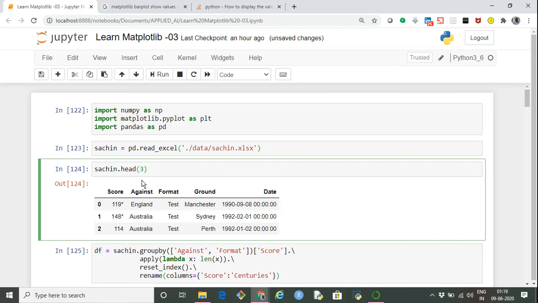Okay, so what we get is, this data contains the centuries scored by Sachin against different countries, and the third column represents the format, whether he scored a century in a test match or a one-day match, and on which ground he scored the centuries, and on which particular date he scored the century. So this data contains all the centuries scored by Sachin in his career across both one-days and test matches. Okay, so let's say our problem is